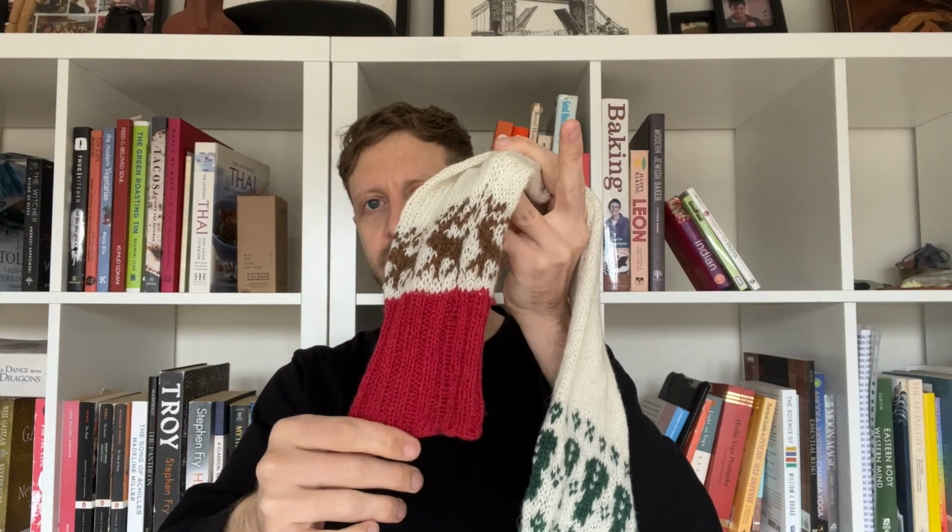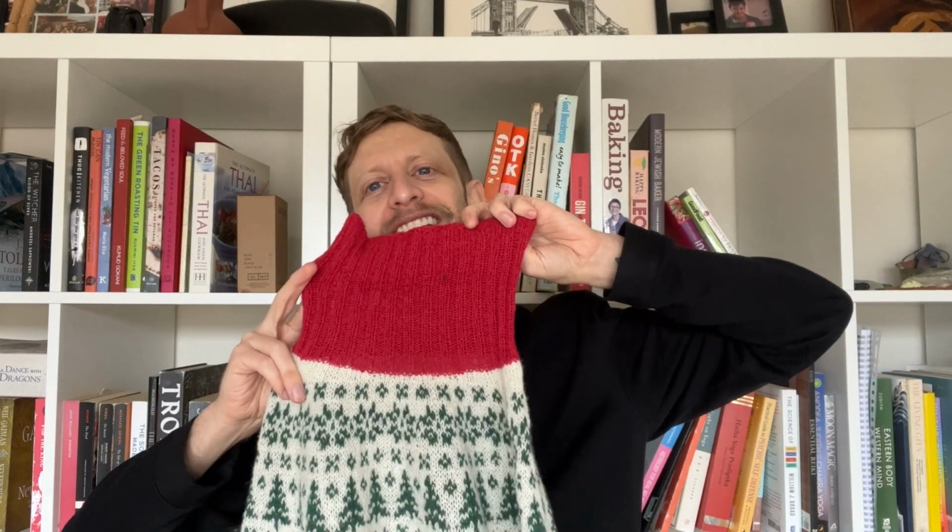And then I did the sleeves in Magic Loop, and I did the same motif. Maybe I do it this way so you can see, with the reindeer and the really exaggerated cuff. I redid the sleeve pattern myself because I wanted to do it a little bit differently. I should have made it a little bit bigger, but this was so much fun to wear. I made this stupid turtleneck, and it was so much fun to wear over Christmas and holiday seasons